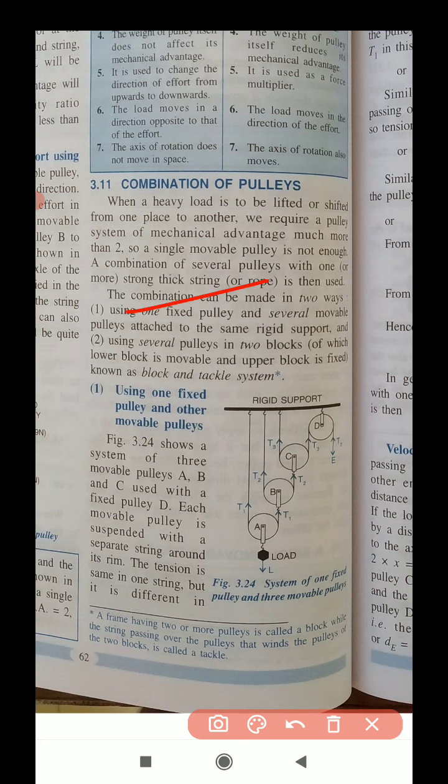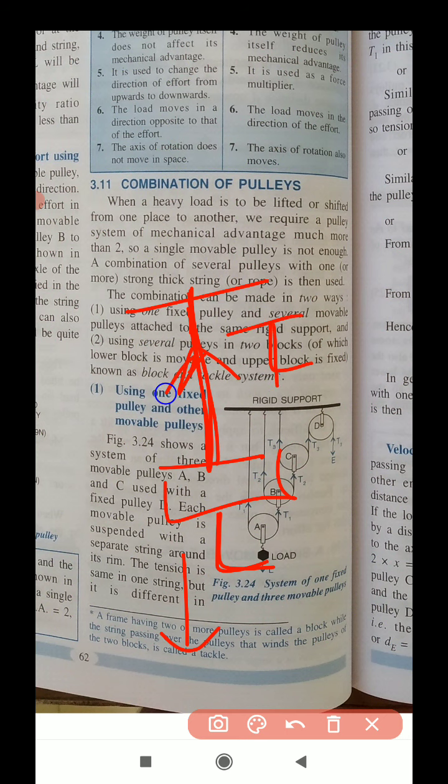I told you that if a load is hanging by a rope, then that load pulls the rope downwards and the tension force pulls upward. So tension is always away from the point. Just remember this: this is the point of interaction, and the opposite-side arrow means tension force, always away from the point where the load is. If you calculate the tension force, then it will be very easy